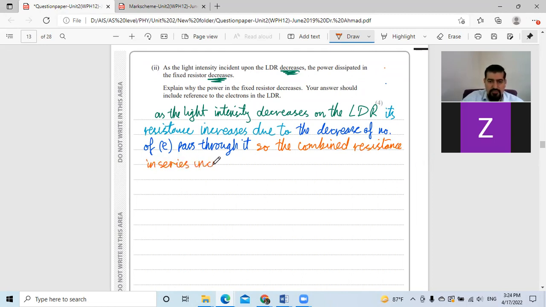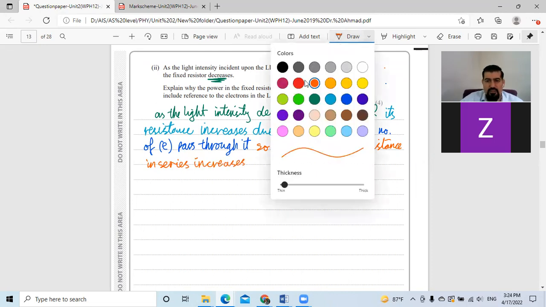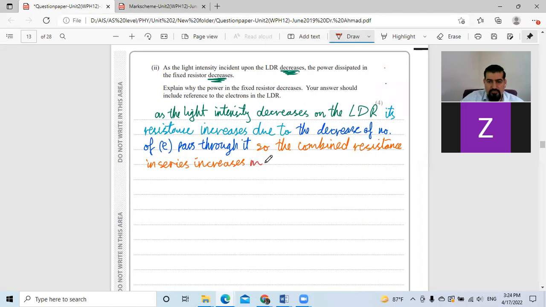Okay, increases, making the current of the circuit decrease,